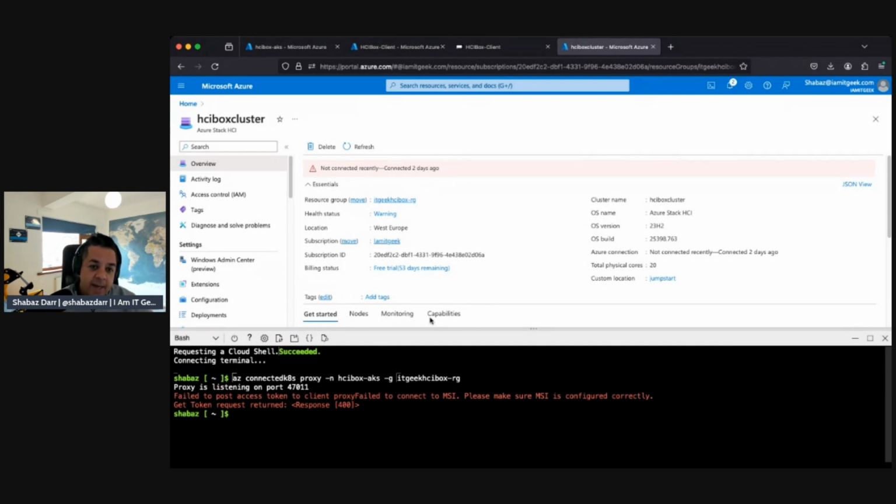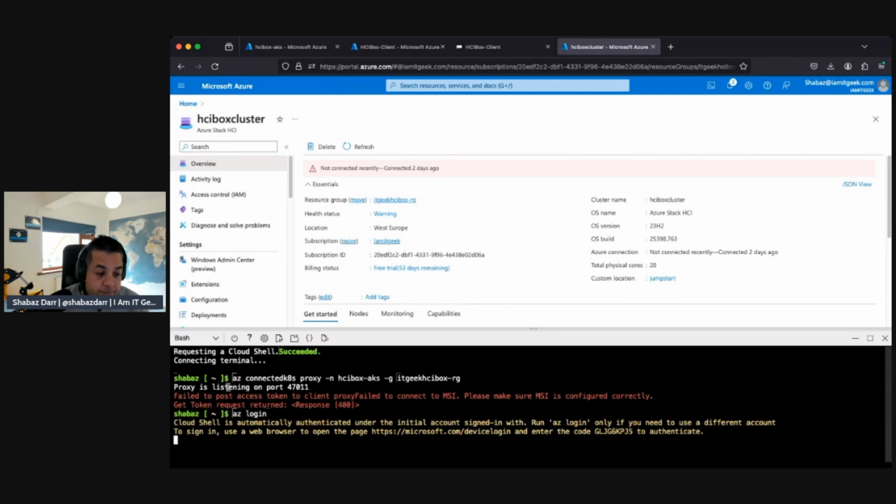Even though I'm logged into my tenant here, as you can see, and I've loaded the Azure CLI and connected to Bash, you still need to do the command to connect. So we'll do that command, and then hopefully that should authenticate, and then we'll redo that command to connect to the AKS. So it's the az login command that we need to do. And then it says to open that in a new